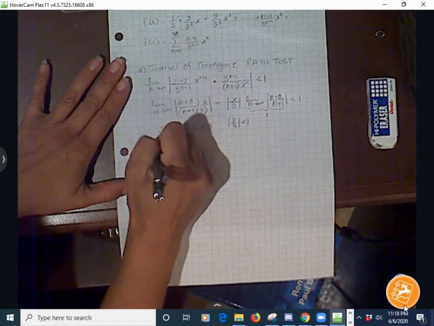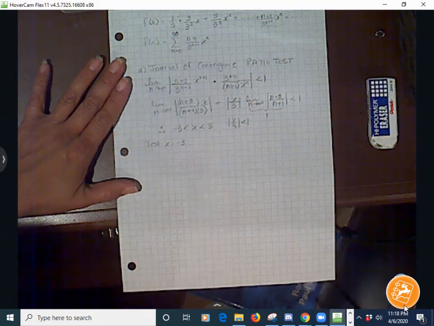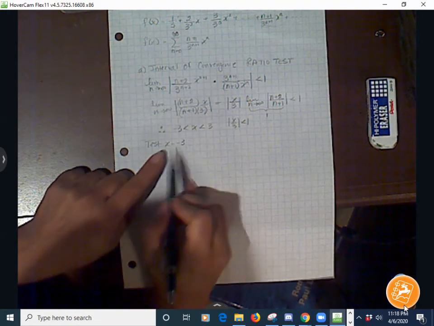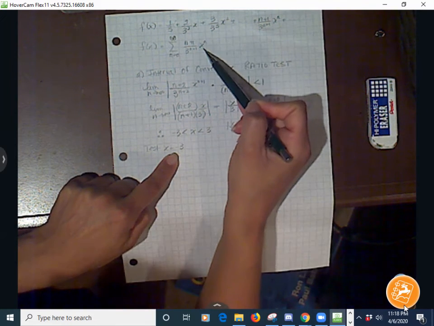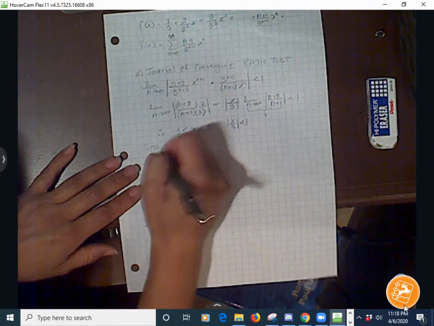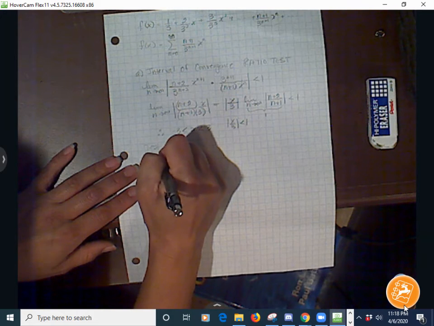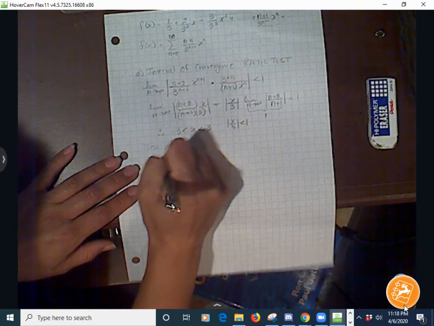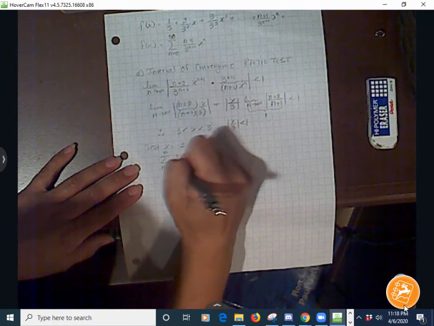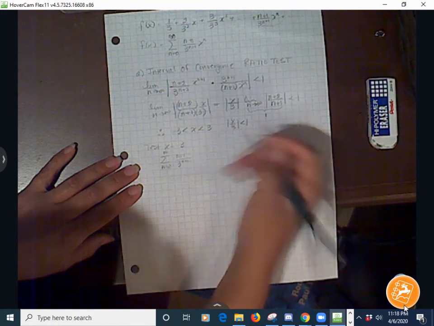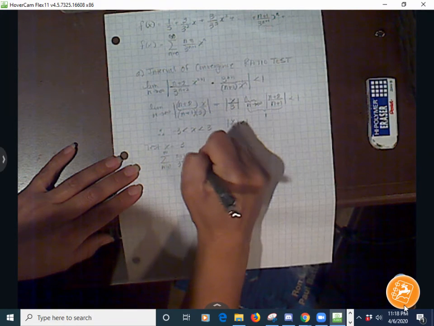We are going to test x equal to negative 3. So we are going to put negative 3 in for x right there. So what we will have is the sum n equal to 0 to infinity of n plus 1 divided by 3 to the n plus 1 times negative 3 to the n,